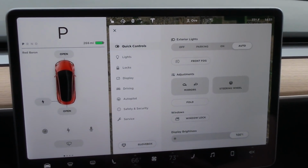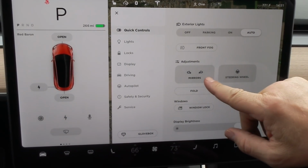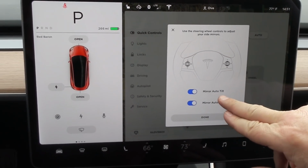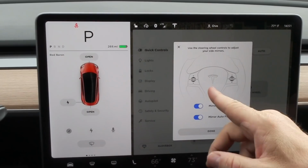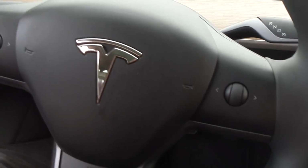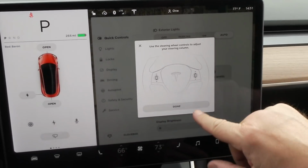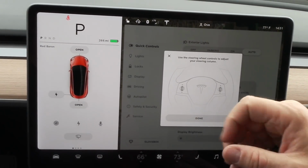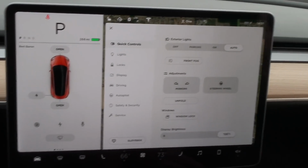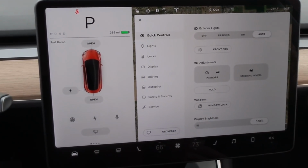Now the typical things on the car itself, the quick controls come showing up first. The fog lights, the adjusting the mirrors. I think many people talked about that already. So mirrors tilting, mirrors folding, and also the adjustment of the mirrors are just from the steering wheel, from those two knobs at the steering wheel. Actually, the wheels there, you can up and down. And the same is for the steering wheel to adjust up and down and front and back. So folding, that's for the mirrors folding, and window lock is for locking the windows, probably the back windows